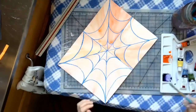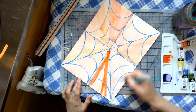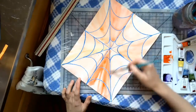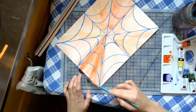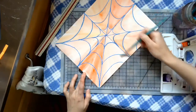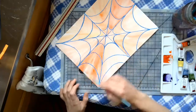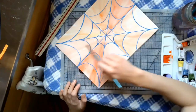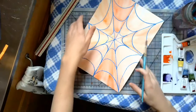A little too much yellow in there. I'm coming back because I want this side to look a little bit more orange. And always come back and fix what you don't like or want to make better. There are no mistakes in art, just happy accidents. There we go. Okay, so while we let that dry,